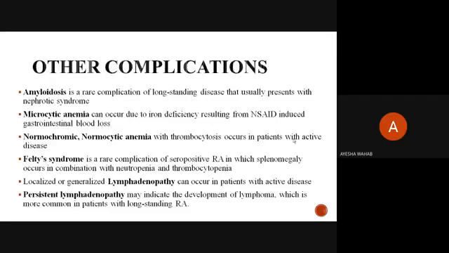There are some other complications associated with rheumatoid arthritis. These are amyloidosis, which is the abnormal buildup of amyloid proteins in the tissues and organs of the body. Different types of anemia can also occur in rheumatoid arthritis, as the use of NSAIDs in RA patients can cause GIT bleeding as a side effect, which causes loss of blood and leads to anemias. Felty's syndrome is also a condition associated with rheumatoid arthritis that has splenomegaly, neutropenia, that is decreased WBC count, and thrombocytopenia along with rheumatoid arthritis.